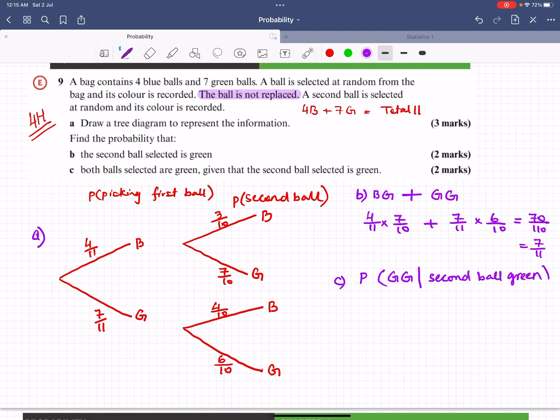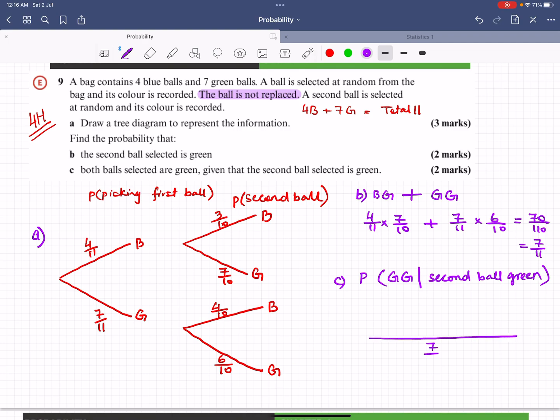Now when we have conditional probability in a tree diagram, this becomes our denominator. So the probability of the second ball being green is our denominator, and the probability of green and green is our numerator. We've already found the probability that the second ball is green, and that is 7 by 11, which is the answer to the first part. So that is our denominator,